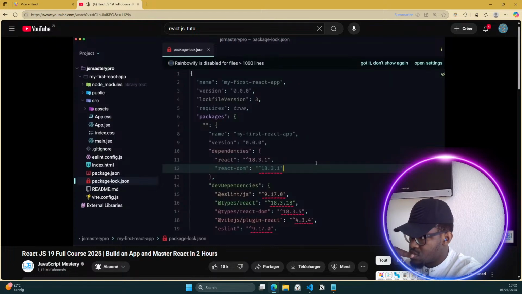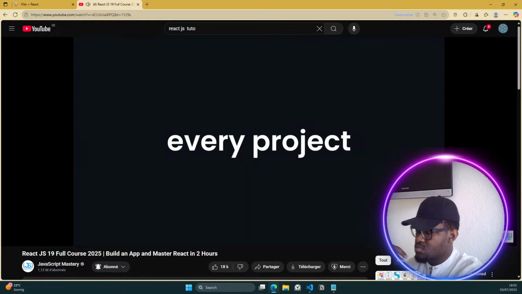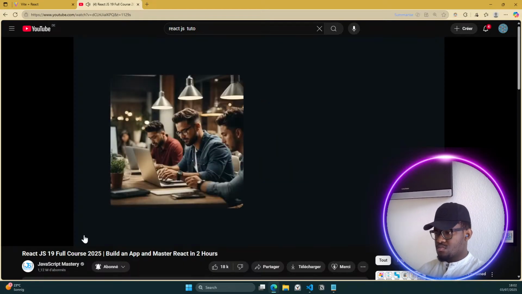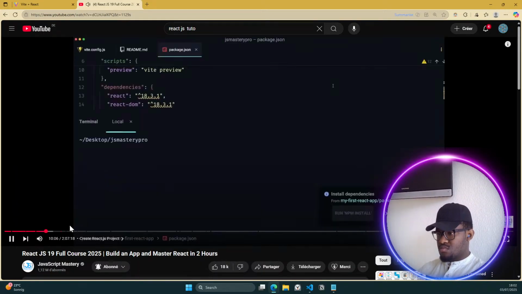It locks down the versions of the dependencies installed in your project, ensuring that every project installation, whether on your machine or when your colleague or boss is running your application, will install necessary dependencies to be able